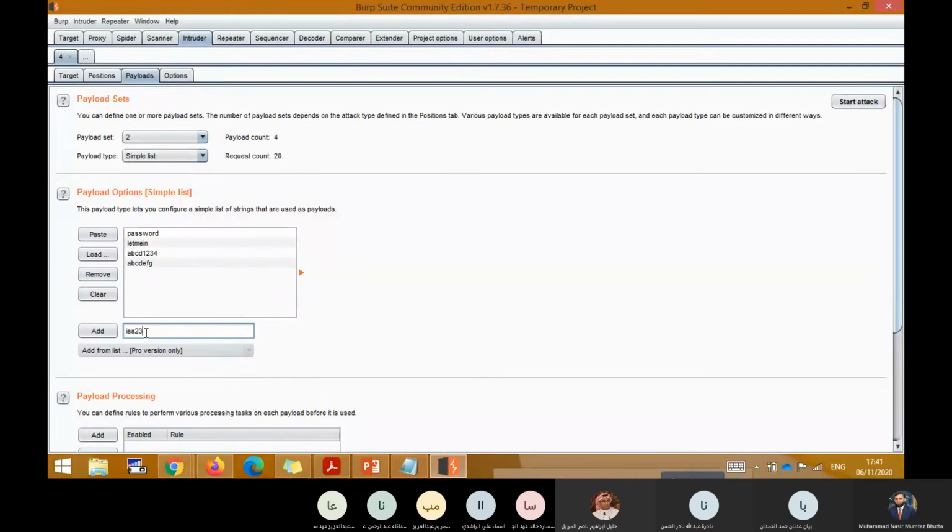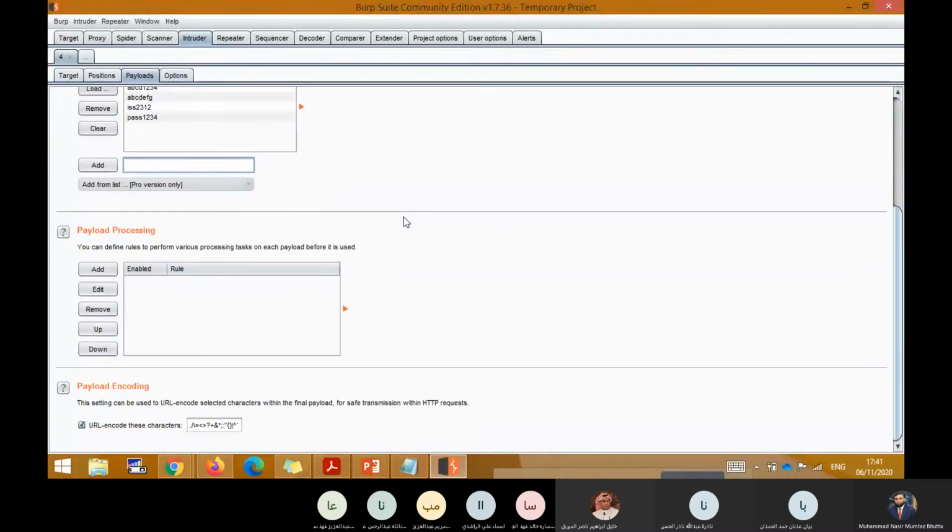So ISS 2341, or we can try pass 1234. I have provided a list. Again, I told you for your experiment, when you practice, you can download some dictionary. It will obviously take time. When you select millions of passwords, it will take 1 hour, 2 hours to launch all the possible combinations. I'm just telling you how to do it.